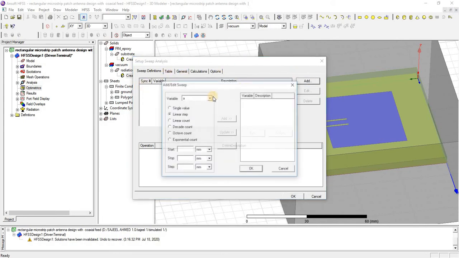Just add the variables you have defined. We have defined 3 variables. For the first variable, you first define the type of sweep you want: linear step, a single value, or a linear count.